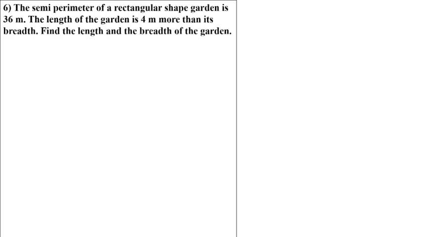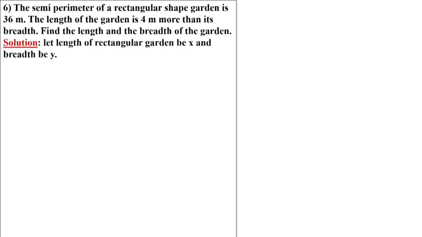Now students, the sixth one is given. The semi-perimeter of a rectangle shaped garden is 36 meter. The length of the garden is 4 meter more than its breadth. Find the length and the breadth of the garden. Let the length of the rectangle garden be x and the breadth be y. As per the first condition,